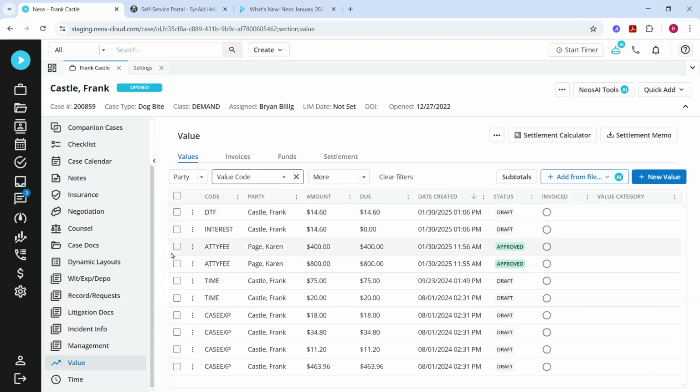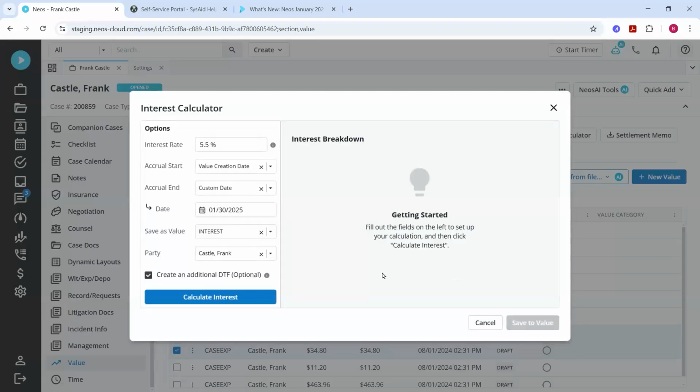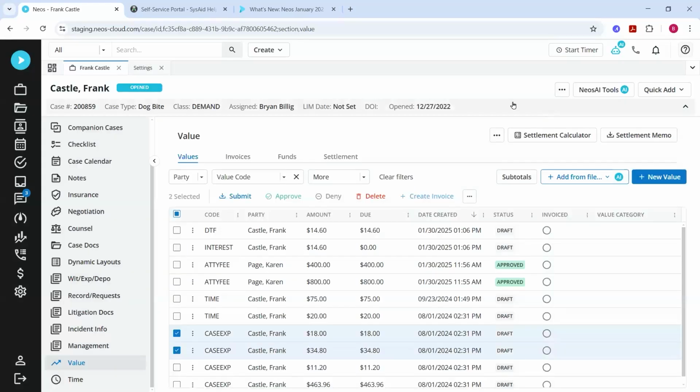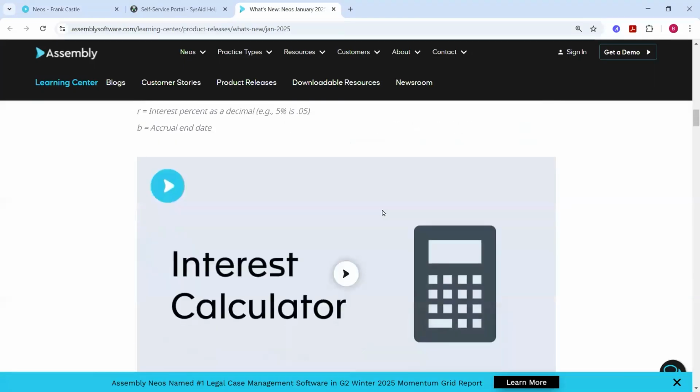So that is the interest calculator. And just a reminder, these three dots right here: calculate interest, make your choices, save to value. That easy. All right, let's jump to the next one. So we'll go back to our list here. And next up is a new integration,